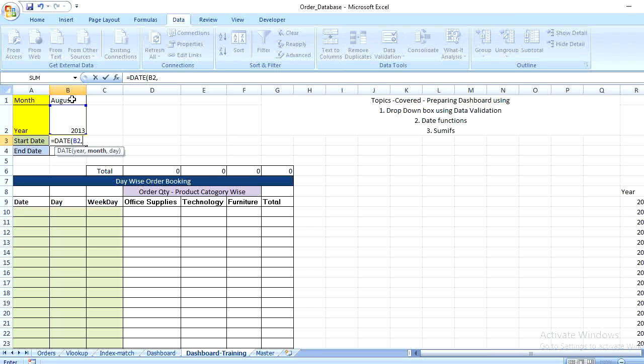I need to convert it into an integer number, so I am using month times 1, then a comma. I need to get the first date of the month, so for whichever month I select, I get the first date of that particular month.